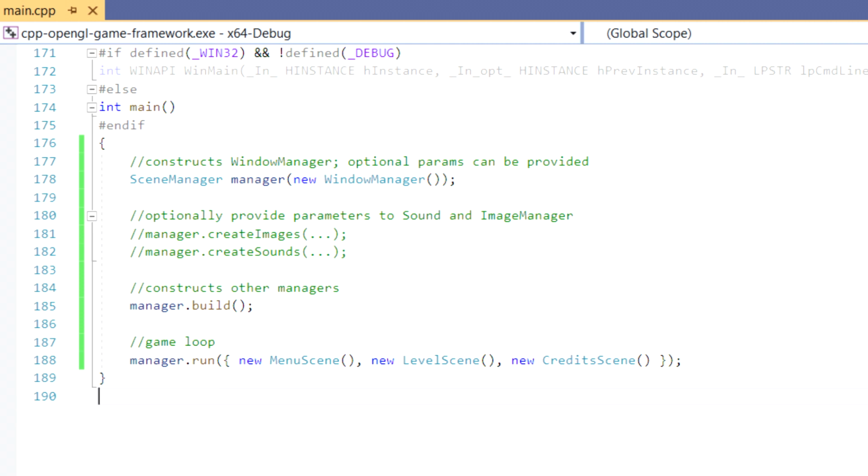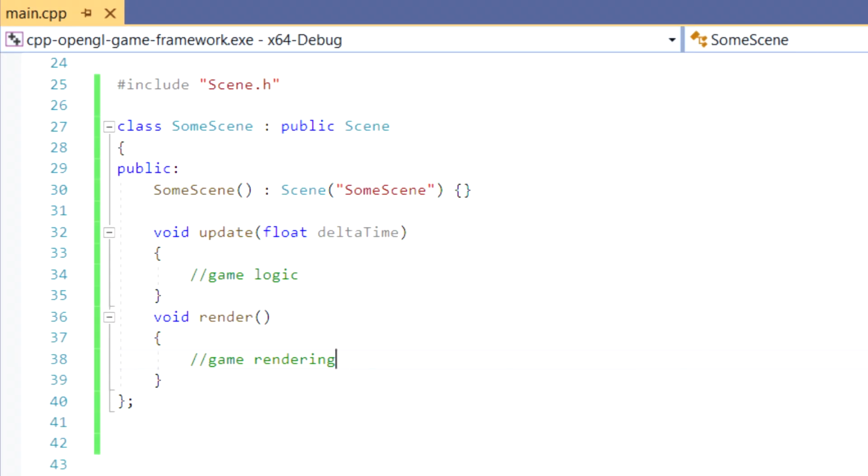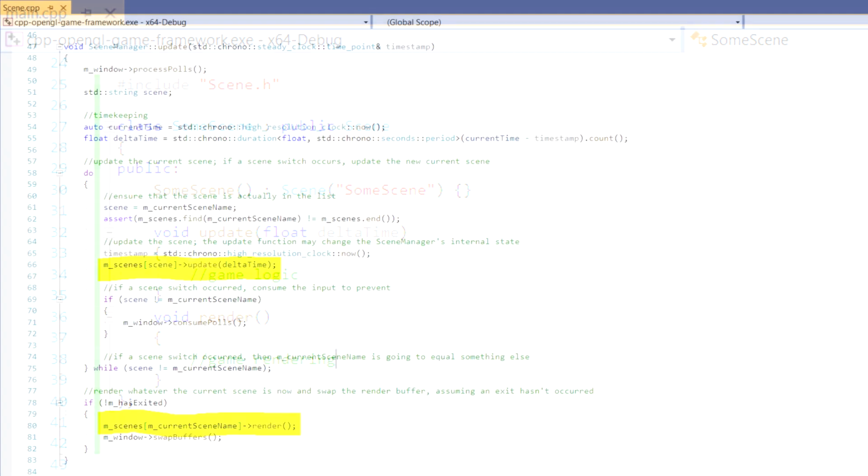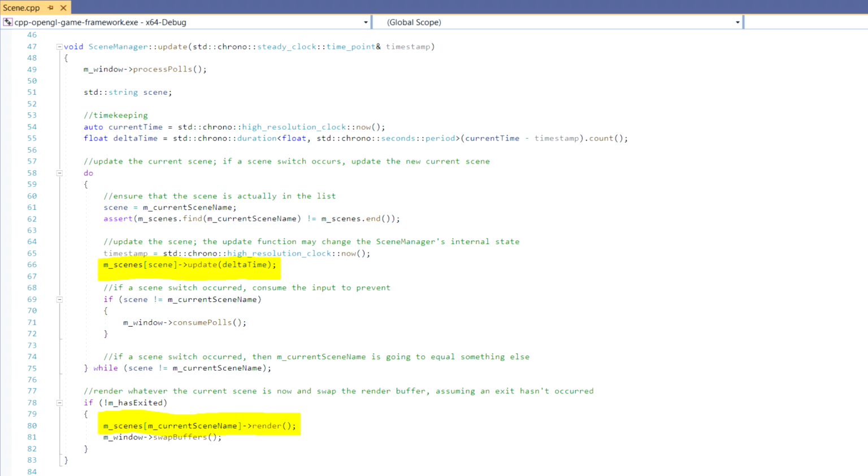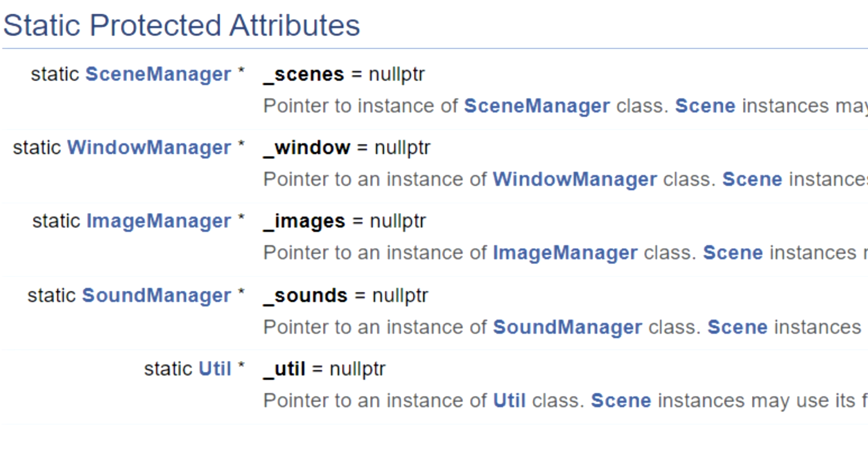In Main, we construct the Scene Manager, which initializes all of our other managers I specified earlier, and then we create some scenes to pass to it. A scene has an update and a render function, which you specify yourself using inheritance. The Scene Manager will run each of these two functions once for each frame, which the window will print to the screen. And via the Manager class, as I described earlier, scenes have access to functions that allow them to get user input, load and bind images to shaders, play sound effects, switch what the current scene is, and much more. The scene system is very flexible and can be used to make any kind of video game or graphic